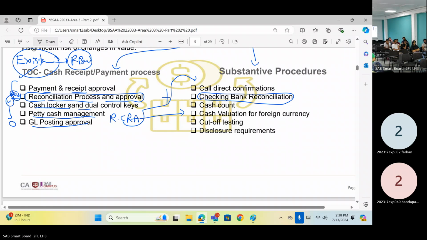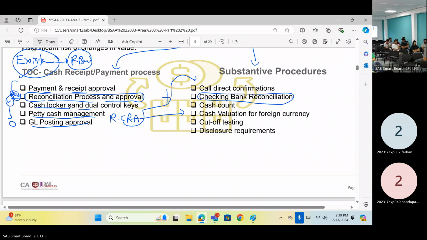That's called adjusting the cash book. Bank errors may be there, or deposits not realized may be there, or issued but not presented may be there. Those things can't be corrected by us. We can identify them and keep them as reconciling items. In the reconciliation, those three items should be there. Other than that, if there is anything else, it is unusual. You should question it and clear it.